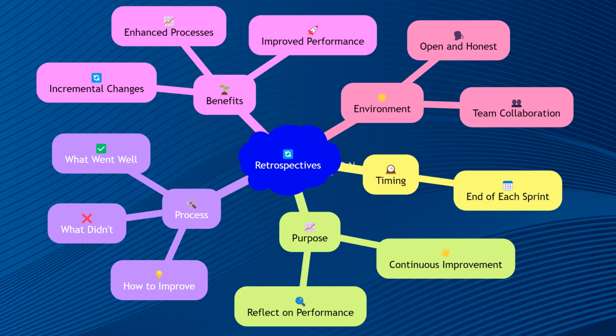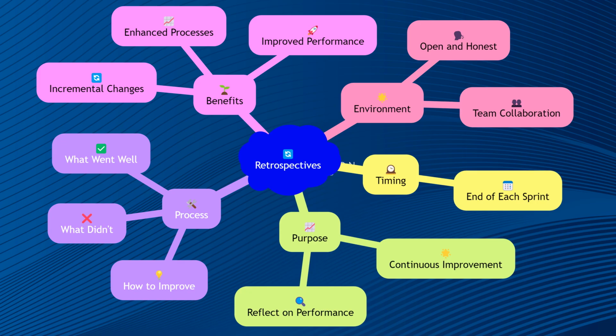Retrospectives are a key practice in agile methodologies that embody the Kaizen principle of continuous improvement. At the end of each sprint, the team reflects on what went well, what didn't, and how they can improve. This regular reflection allows teams to make small, incremental changes that enhance their processes and performance over time. By fostering an open and honest environment during retrospectives, teams can identify and address issues early, leading to continuous improvement